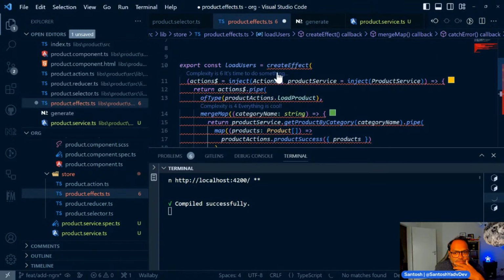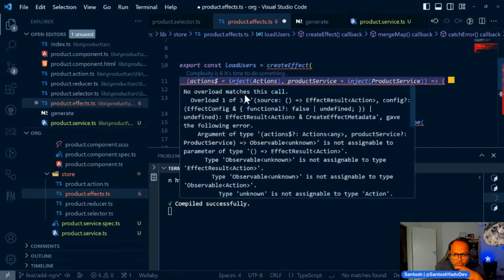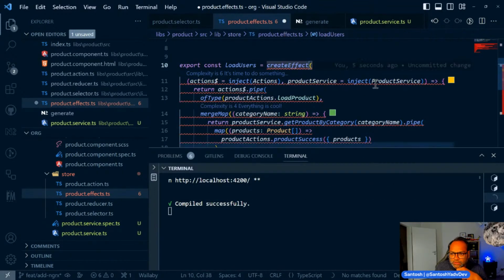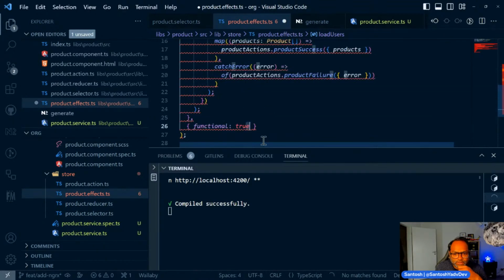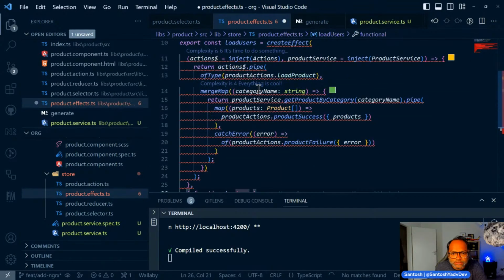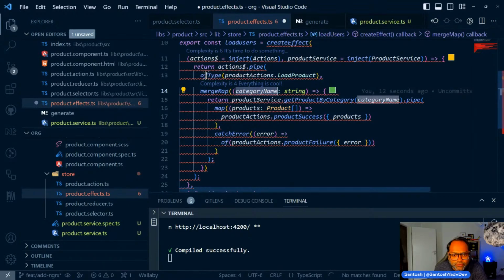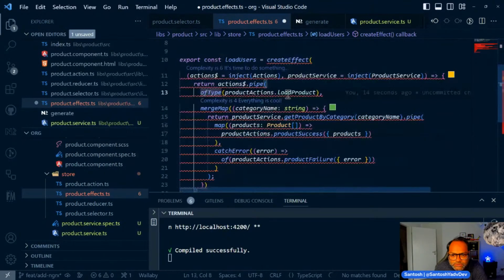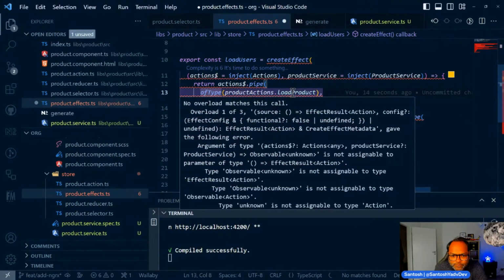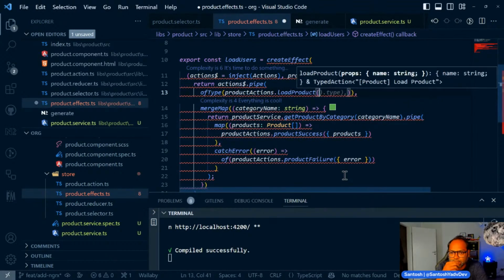But what is the problem here? So no overload matches this call. This is a mess. So functional true. Let's see what we have done here. So of type, we have of type here as well. Load product. Because of this, okay, we need a name for loading the product because we have, okay, so